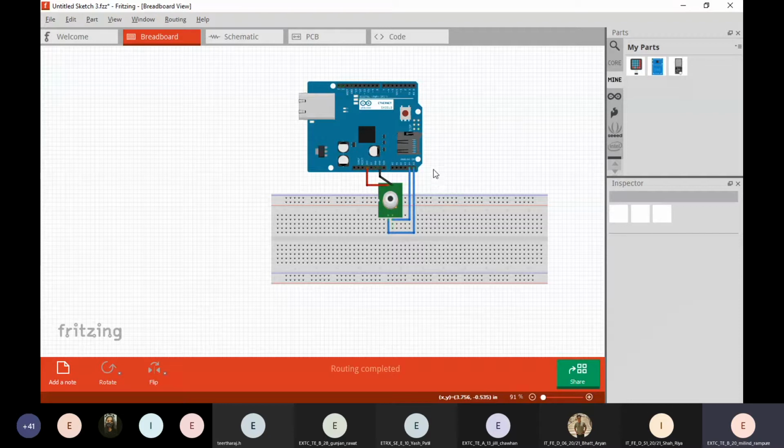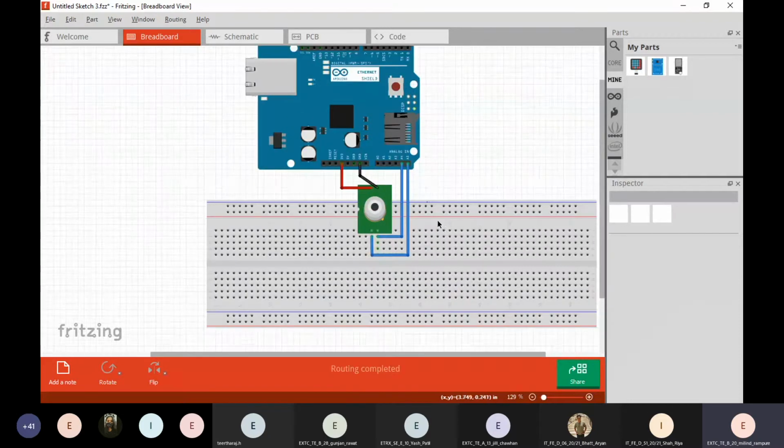So this is the FreeZing software, where you can design your circuit on a breadboard easily.